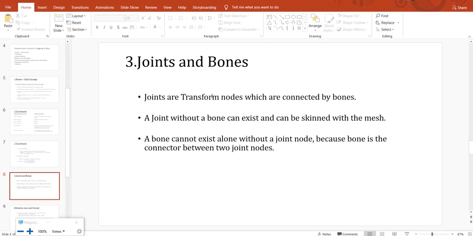Joints are transform nodes which are connected by bones. In the last class itself I told you what nodes are. Joints are also kind of nodes which are connected by bones.